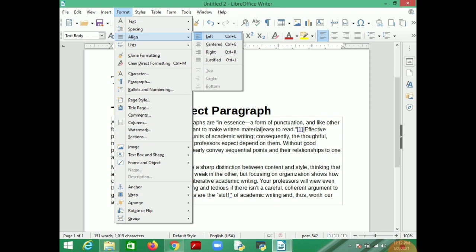When you align left, you can see how your text will look. Centered, your text will be centered in the document. Right, most of your lines go to the right. Justified means balanced, so all lines of text are of equal length. So these are the alignments for your paragraph or document text. You can change it from the Format Align option.